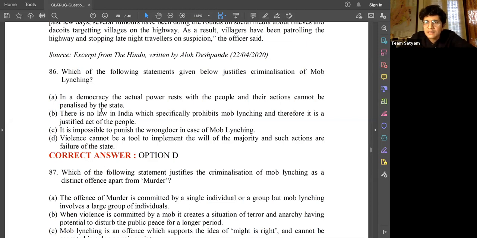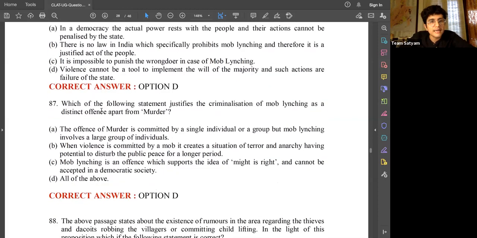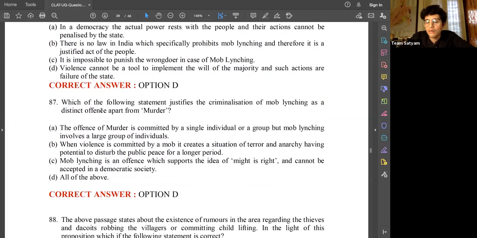So that is the common understanding that, of course, mob lynching is an activity that should be looked down upon. In that respect, the efforts of the consortium are appreciated, that they were trying to bring about a passage which squarely, or were trying to look for these answers, which looked down upon the practice of mob lynching. Again, question number 87 was not a direct question that you could have arrived at by looking at the contents of the passage. Again, something that you were required to exercise your reasoning skills and arrive at the answer.